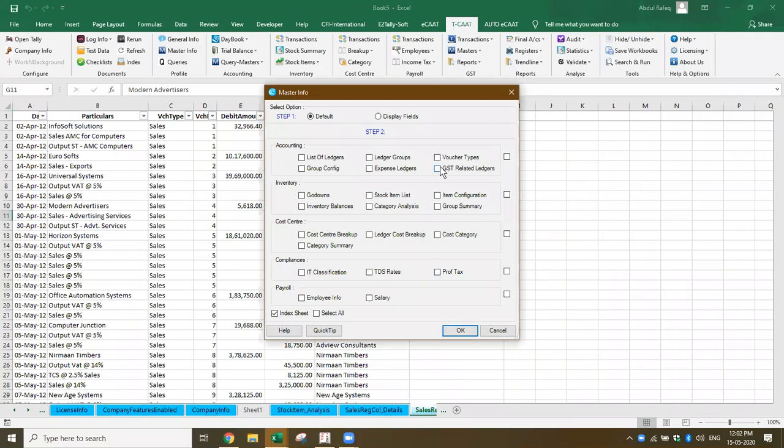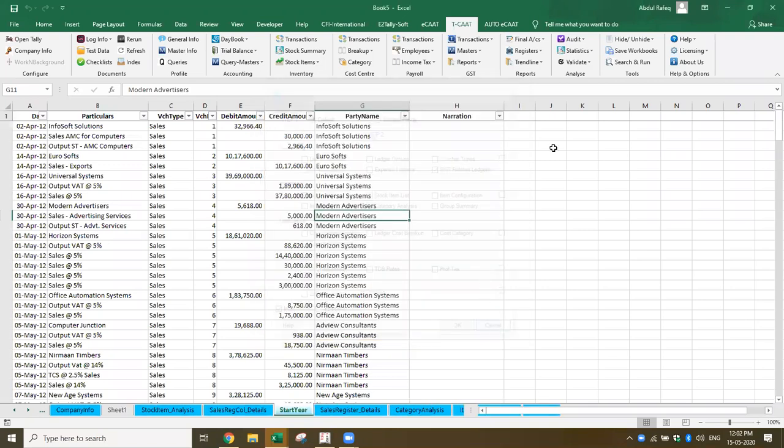If you see here, there's something called GST related ledgers. In this case, it will give me all the GST details related to the GST number, everything. So I'll be able to get all the parties which have been created, whether under debtors, creditors, or advance, for whichever account you have configured that GST is applicable. You can extract all this in one shot here. That's one thing. Second thing, if you want to look at purchases, let's say we want to extract purchases.